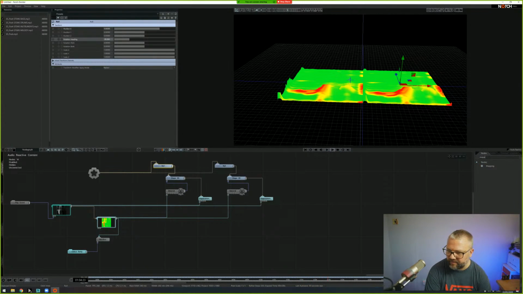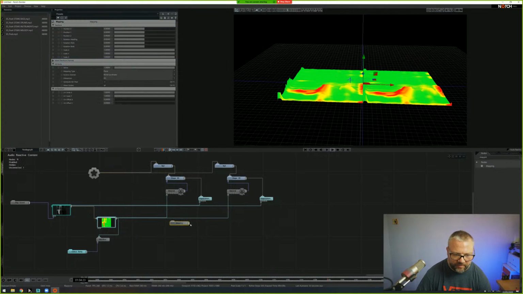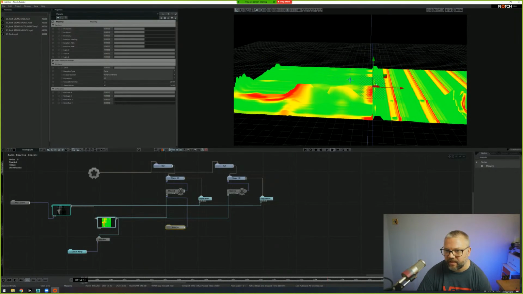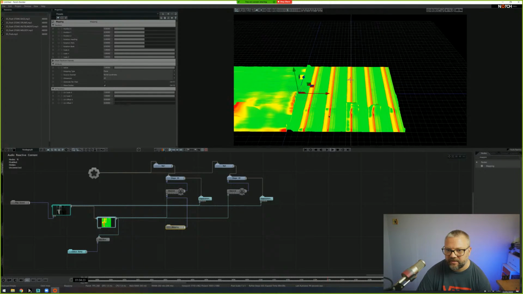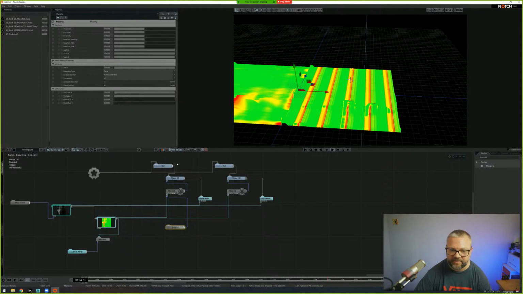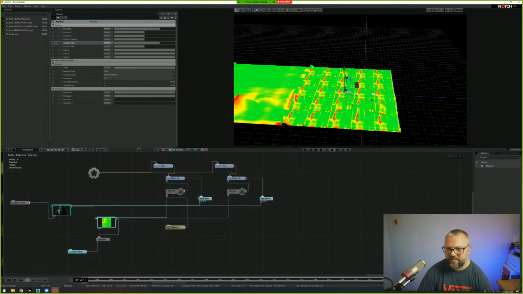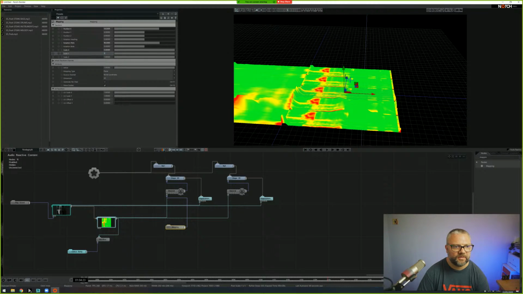So if I grab that mapping node, we'll pipe that into our material. You can see this checkerboard is like a visual representation of how your material is being mapped onto your geometry. So we can see it's sort of heading off in the Z direction. If I go 90 and then move it across, because I've scaled my plane up, we're now seeing that tiling, so we need to make this the same size. If I do 5, 5,